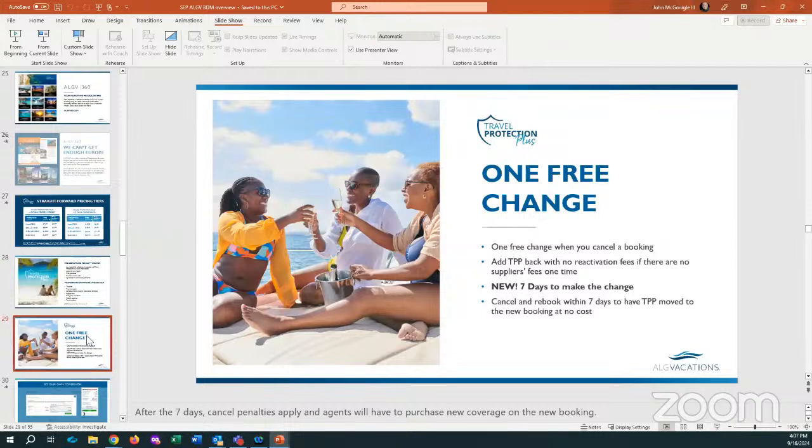So let's say we saw this earlier in the year, there was some negative commentary about Jamaica and political unrest, things of that nature. So people who decided, no, I'm paid in full for Jamaica, I don't want to go to Jamaica now. We'll save that for later. How about we go to Aruba? Yes, you can. You can completely rebook and not lose the cost of your premium, as long as you book within 7 days. So there's a free change within 7 days, and the only difference would be if there's a pricing difference up or down as far as the accommodations that you're choosing from one destination to the other.